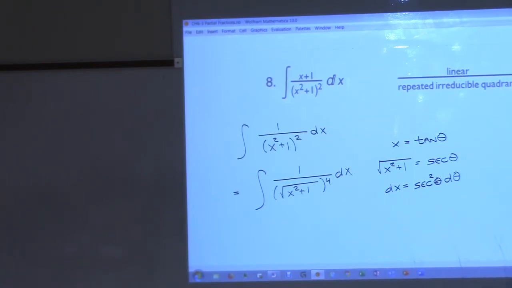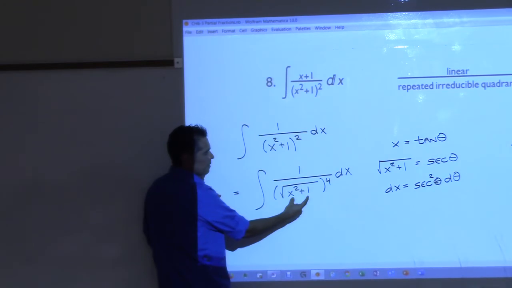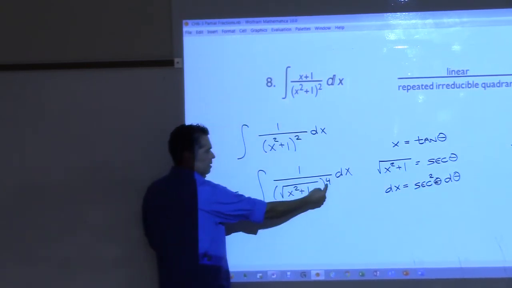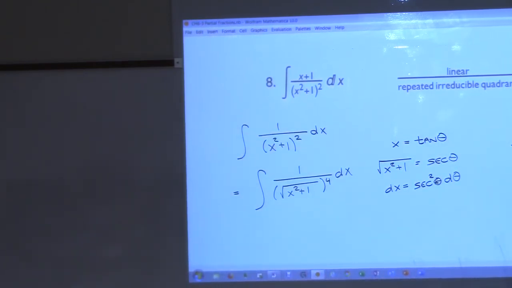All right, we rewrite the integral. Help me rewrite this: 1 over, what is all this? It's going to be tangent squared theta secant... no, this right here is the square root, right? Oh yeah, okay, so that's secant theta to the fourth, so we have 1 over secant to the fourth. What else needs to be here? dx, and dx is secant squared